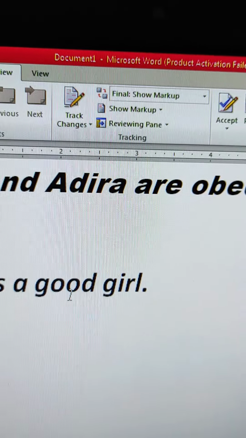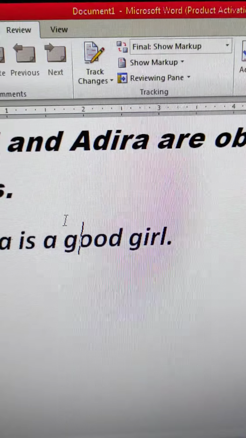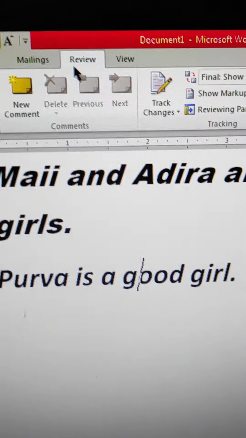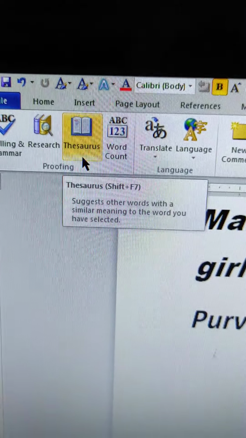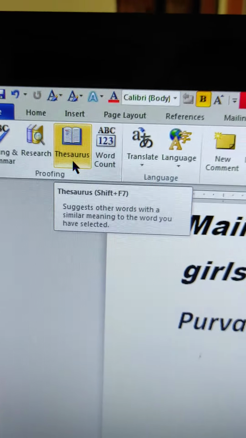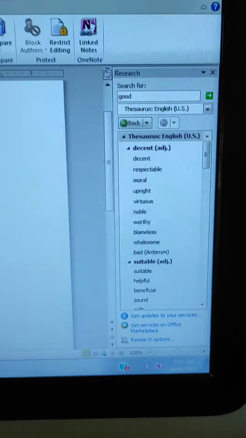To use this thesaurus feature, you have to click on the Review tab and you will get the thesaurus option. Then you have to click on this. You will get the different synonyms and antonyms on the right side.